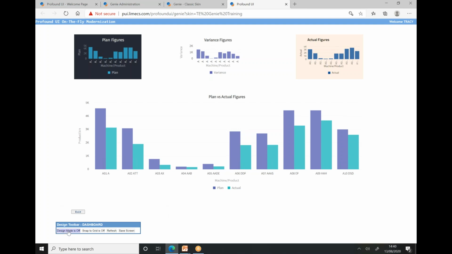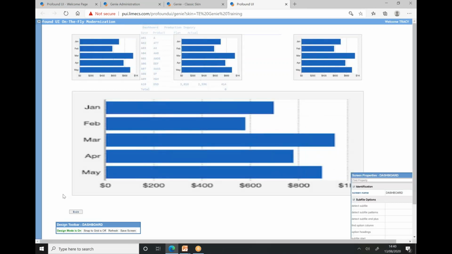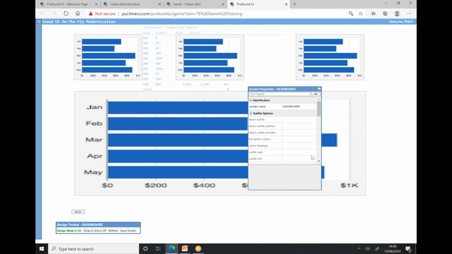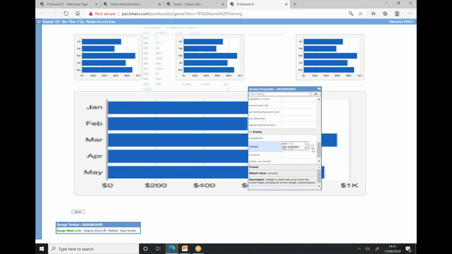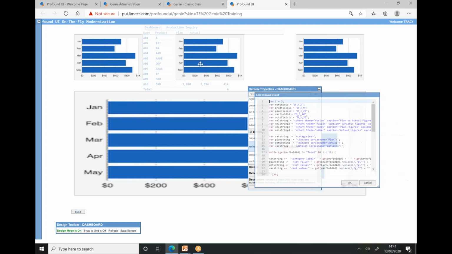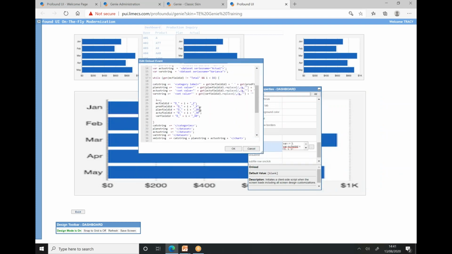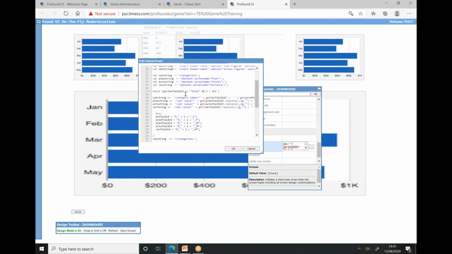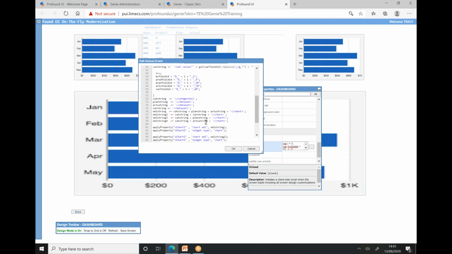So using the Genie product, I go into design mode and the screen changes slightly, and then this little screen properties box pops up. If I look at the properties, there's the onload property, which is fired when the screen is loaded. Whenever you arrive at that screen, this is what they refer to as onload. In there I've created my little script, and you can see it's scrolling down the screen in this do loop, using this while, and it's taking the values until it gets to the end and finds the word